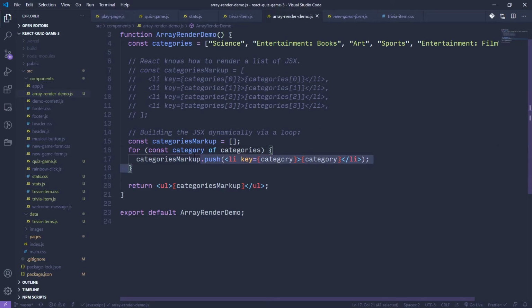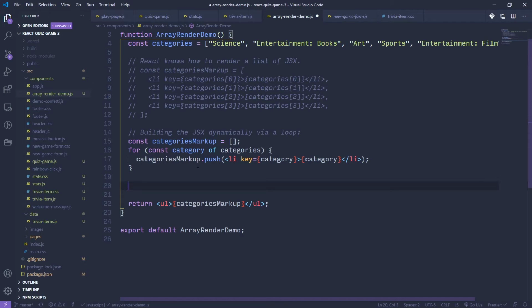So this is one way of doing it. It is a perfectly valid way of doing it, but you often see a couple of other ways in React land for doing this. So one of them is using the map function. The map function in JavaScript is a method of any array. So if I say categories.map,